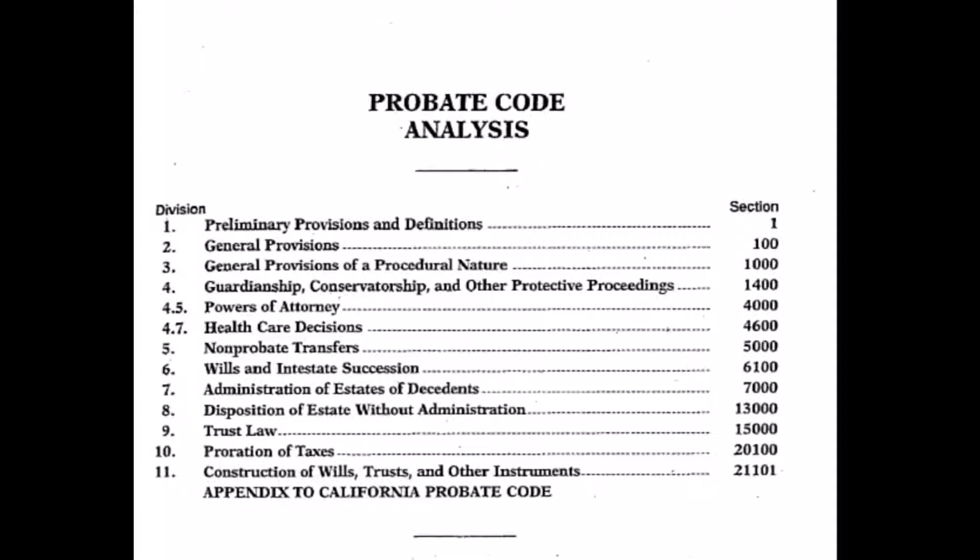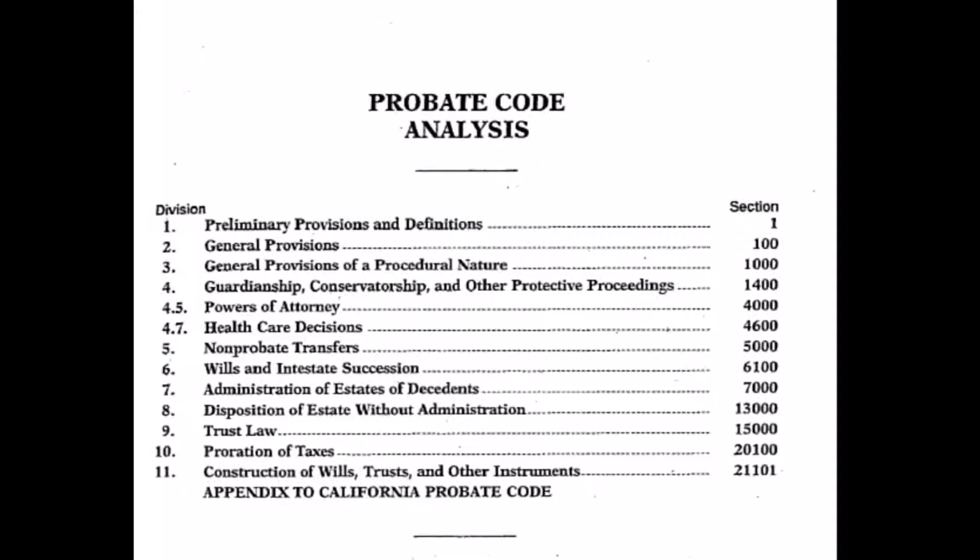Let's scroll our finger down those divisions and see if we can find one that might apply to our fact situation. The first one you're going to run into that looks like it might be what you're interested in is Division 6, Wills in Intestate Succession. If you want to see the next level of the table of contents so that you can see more detail